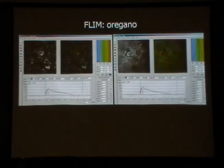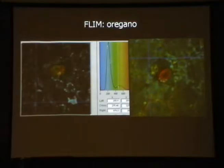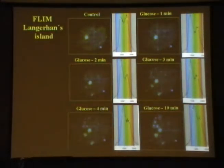You can make a fitting with 1 or 2 or 3 exponentials here, and then you can play around and make images of the ratio of the two or anything that you want. So that's the theme of oregano. You can see 2 peaks here in the lifetime of the fluorescence, and I wanted to use this with some